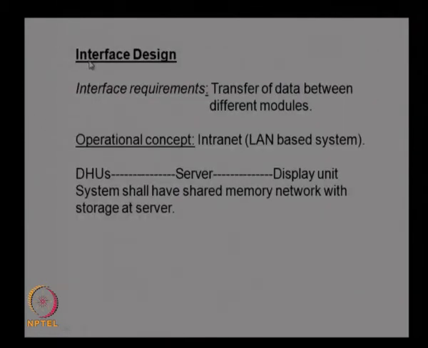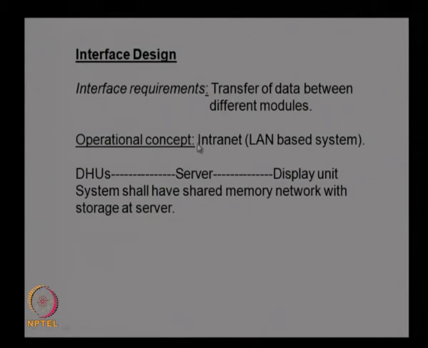So, one important point is the interface design. As we discussed in previous cases also, interfaces are one important point or failure point which we need to design with full attention, so that there will not be any failure in the interface. So, we can have different operation concepts for the interface. If you take this interface requirement of transfer of data between different modules, we can have different options.